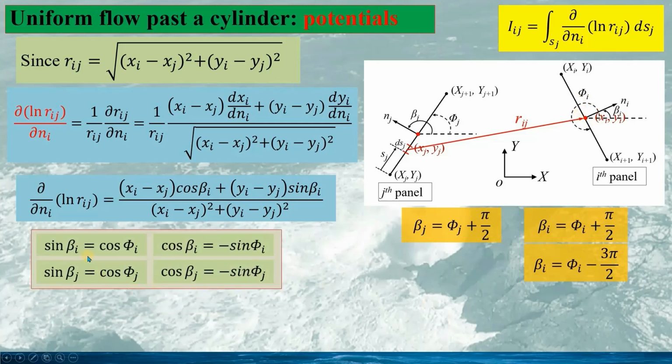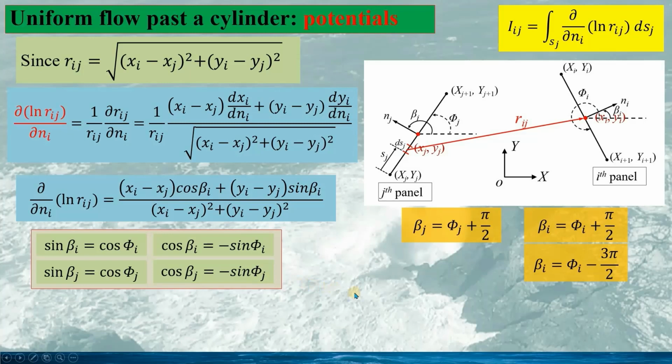So we have the expression for the sine beta I would be the same as the cosine capital phi I. Cosine beta I is minus sine capital phi I, sine beta j equals cosine capital phi j, cosine beta j equals minus